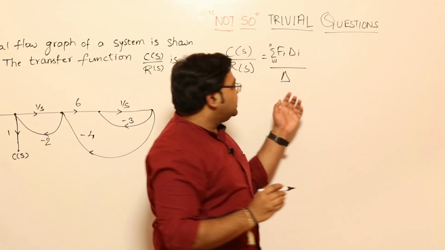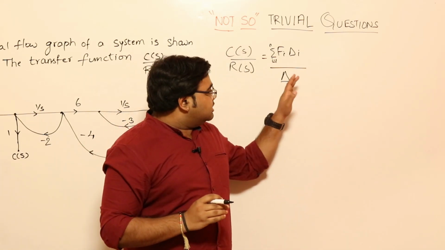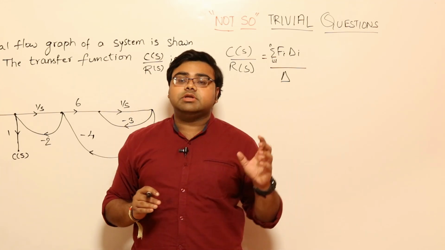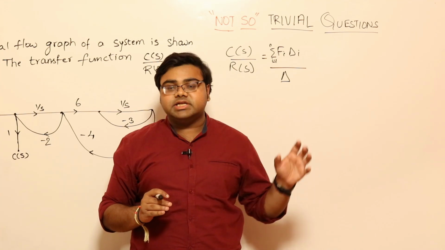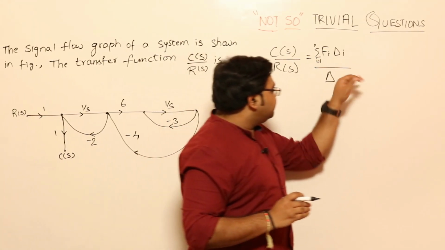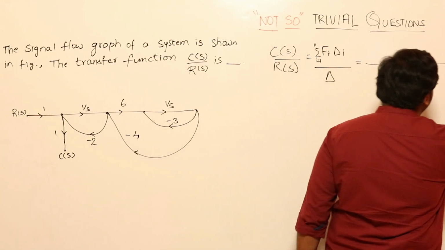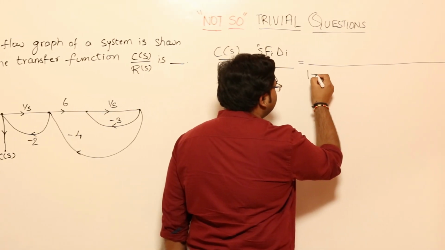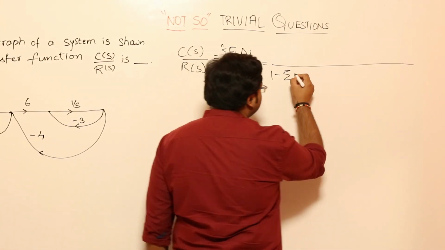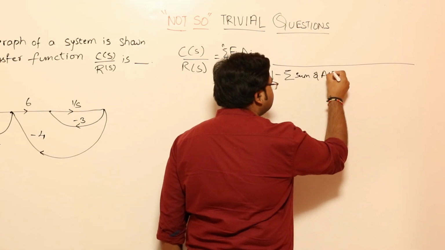Now what is this delta and delta i? Let me tell you. Delta is basically a denominator wherein you have a segregation of all the feedback loops, whether they are touching, single touching, double touching, and so on. If I want to expand this delta, it is going to be something like this. This is the denominator I am going to expand: 1 minus sum of all feedback loops,